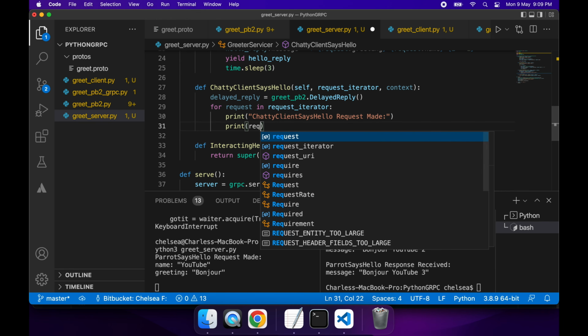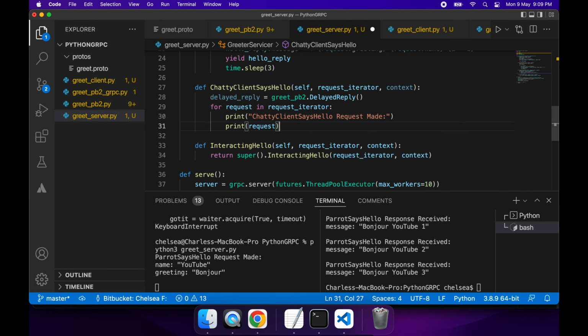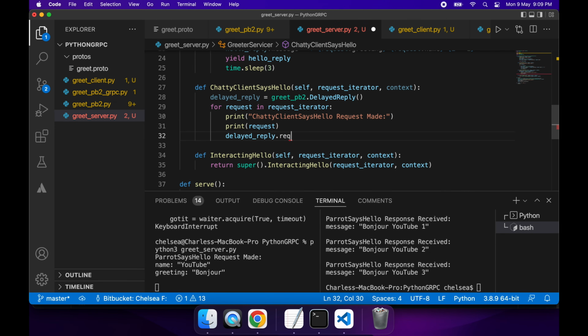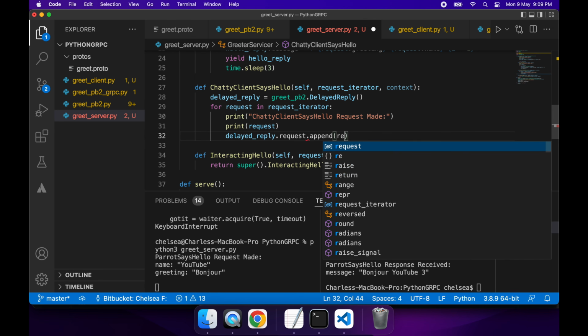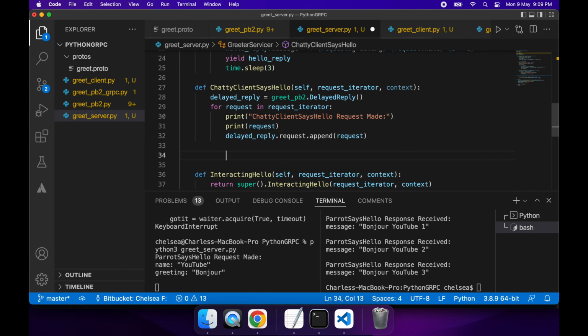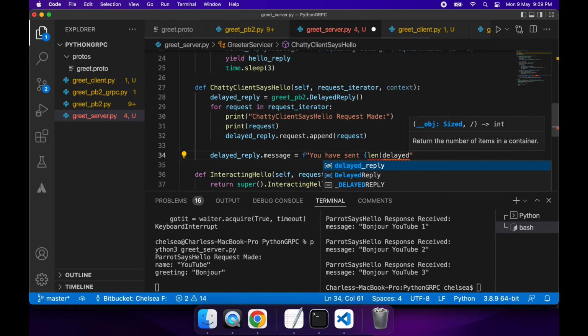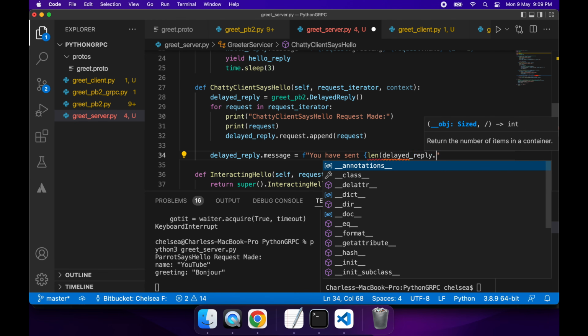So yeah, here I am, print the request, and then I'm going to go delayed reply dot request dot append. So that's just going to add this request to the end of the request repeated list. And then I'm going to set this message, which is just going to summarize the number of messages I've received, basically. So I'm going to say you've sent a certain number of messages, so I can use the delayed reply dot request